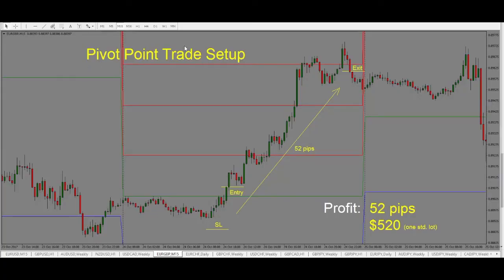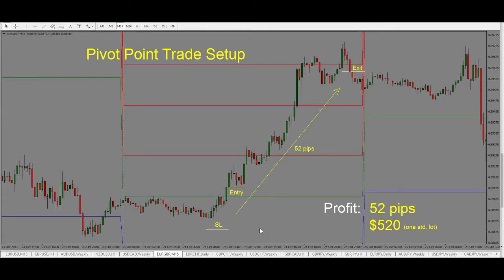We're looking at a pivot point trade setup. This is the Euro Pound 15-minute chart. When trading pivot points, we're looking for price to react at our pivot point levels. As you can see on my chart here, these lines are pivot point lines. So we have the green pivot, which is our daily pivot point, and then we have R1, R2, and R3, which is to the upside, and in the bottom we have the blue lines, which will be our S1, S2,